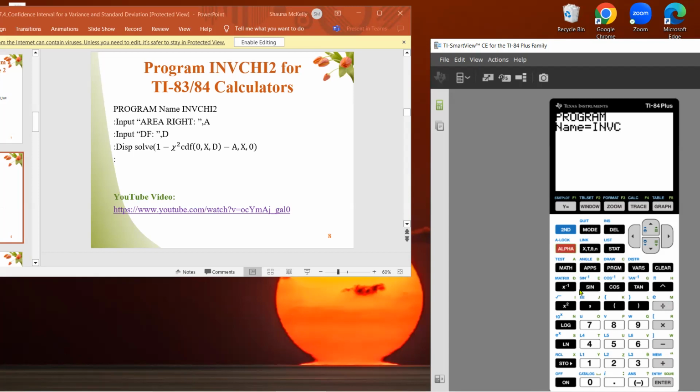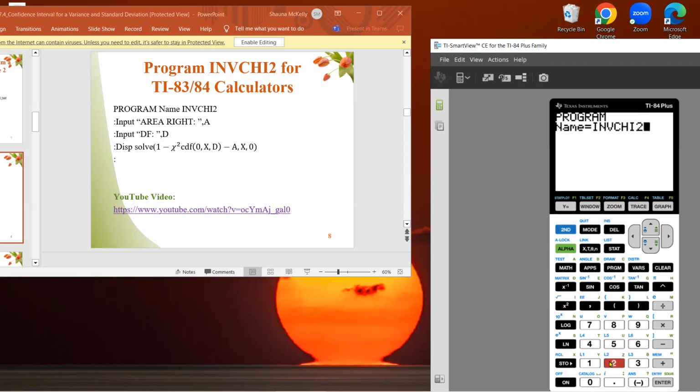Alpha, then H. So H is going to be above the caret here, and I, alpha, and then above the square root, INV, chi, and then to get 2,